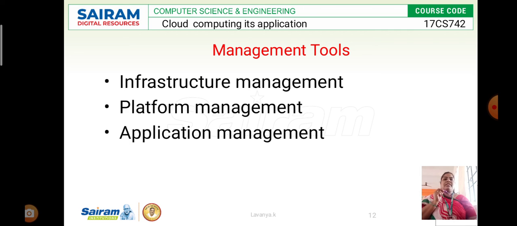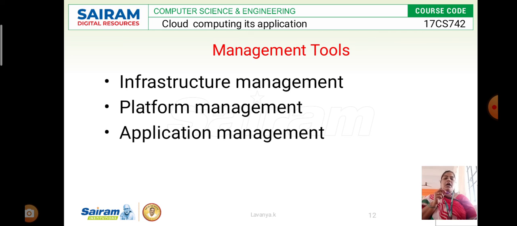Both the physical and the virtual environments can implement their services. Then infrastructure management: the virtual hardware we use is generally managed by the resource provisioning services, which also acquire resources on demand according to the applications, meaning according to the client.